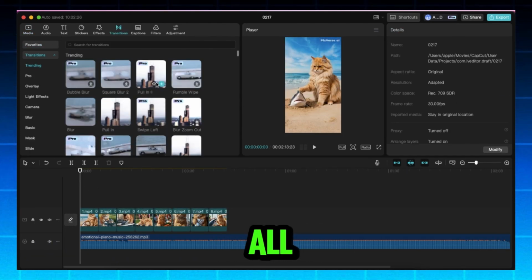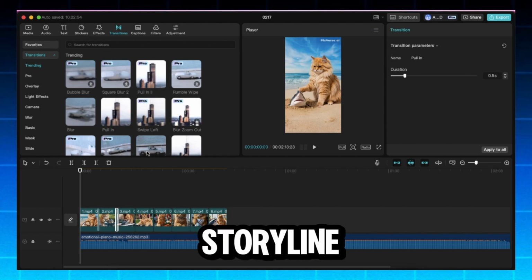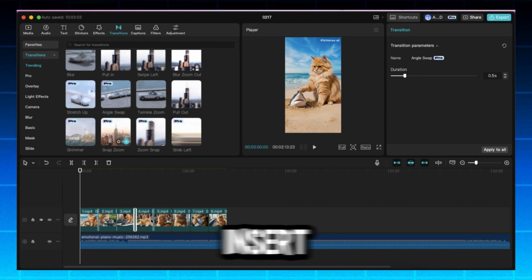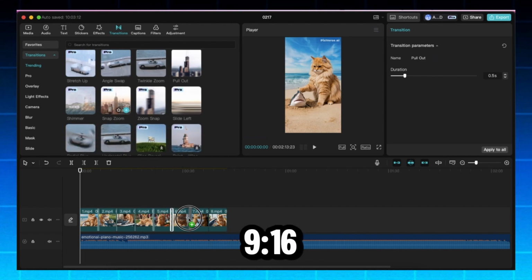1. Import all AI-generated animations. 2. Arrange them in sequence to follow the storyline. 3. Add smooth transitions between clips. 4. Insert your chosen music. 5. Export the video in 9:16